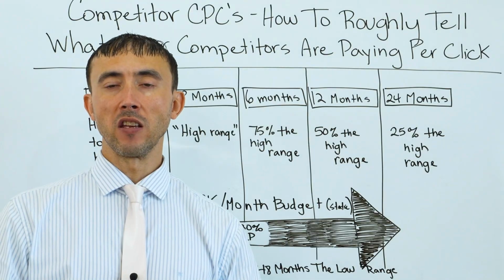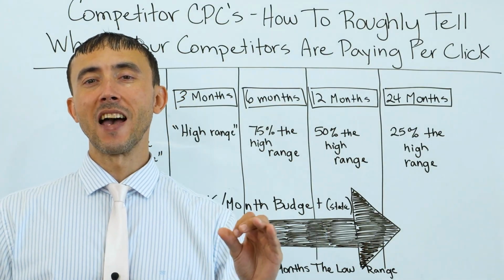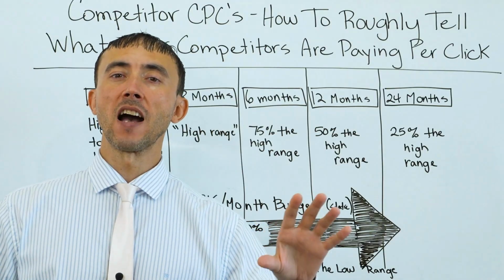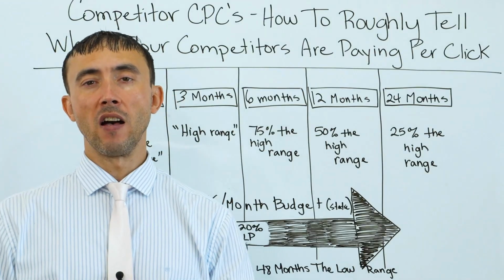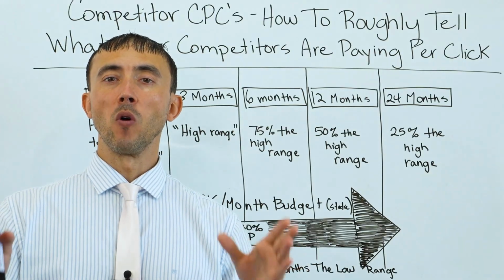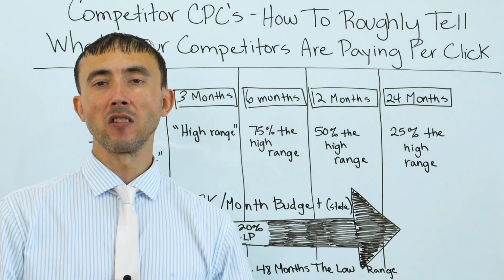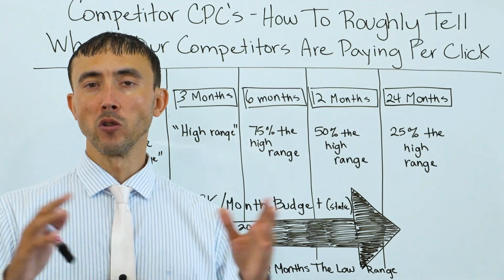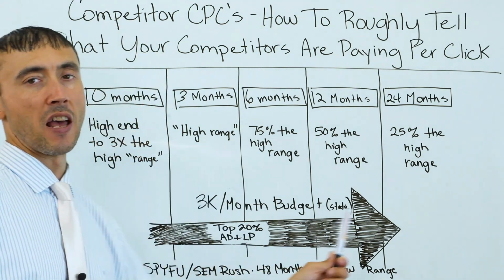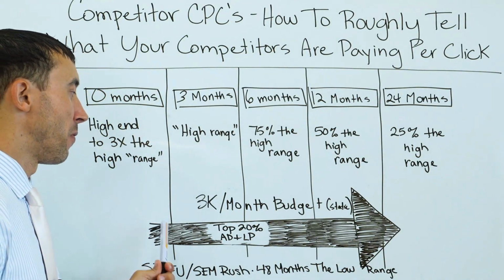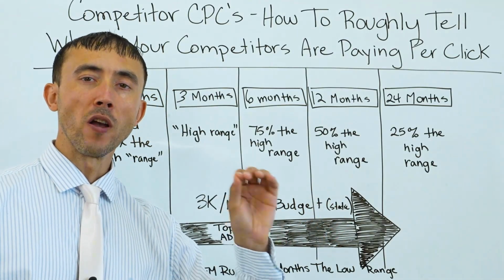But there is a way around this, which is why, of course, I made the video, to pretty much tell what it's likely your competitor is paying. So you have a general guideline of what you need to be paying initially, after a little while, and after a long while, because what they're paying, as well as what you're paying or needing to pay to get in front of a quality prospect on Google Ads, or Google search, if you will, is going to change over time. So I'm going to go over what all those details are in this matrix that I've broken down for you here. With that said, getting into this lesson and how to tell what your competitor is likely paying per click on their campaigns,